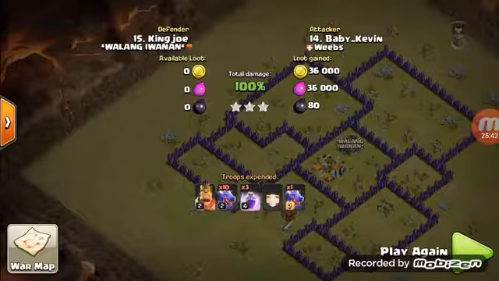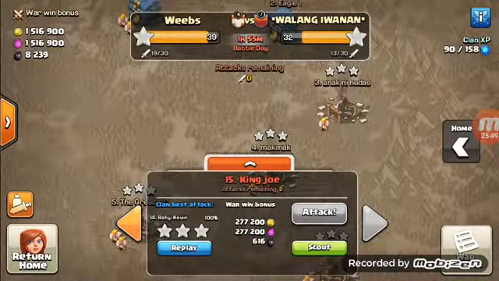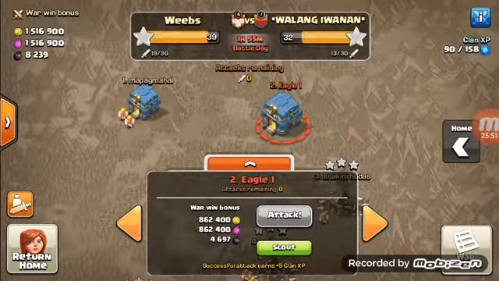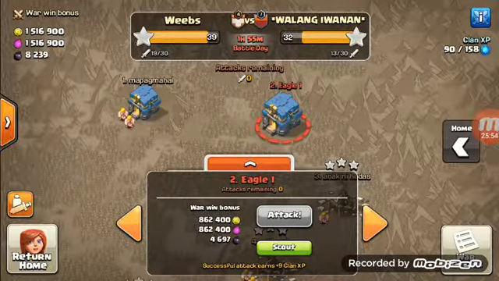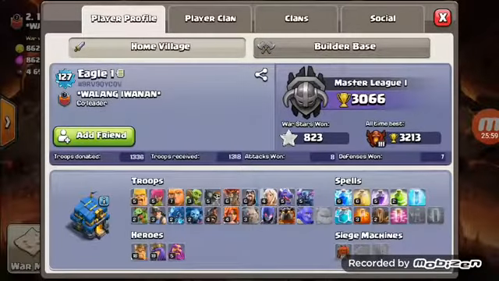So with that, guys, that is about it. So I think before we go, I kind of just want to explain why we're most likely going to win this war. Here's their second guy. This is his base. His troops are like Town Hall 10 troops, and the Dark Elixir troops aren't even touched upon. This and